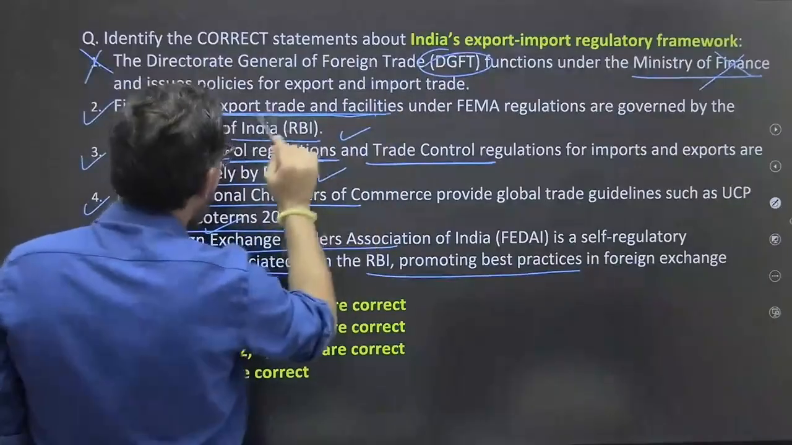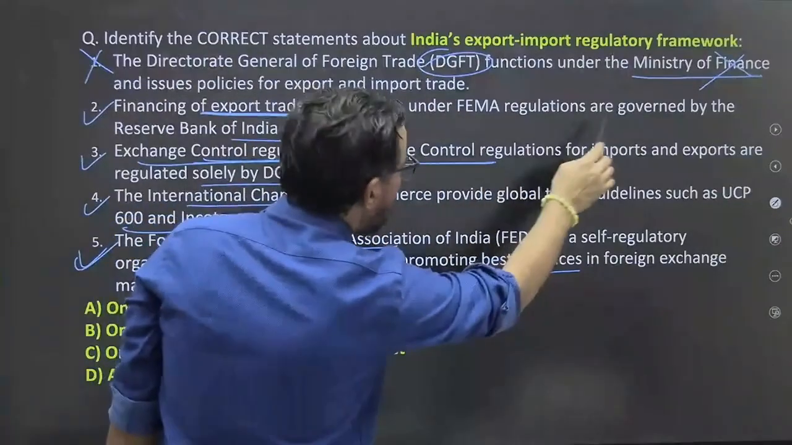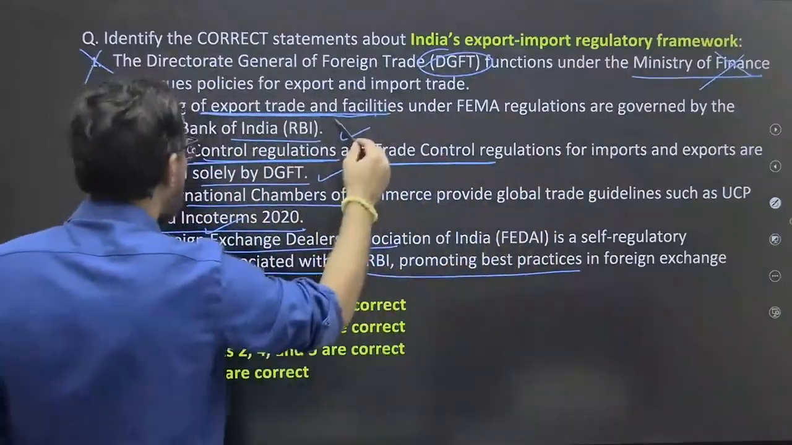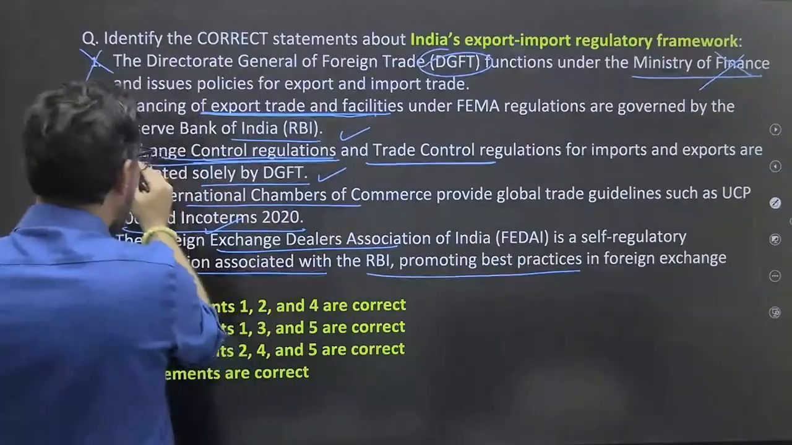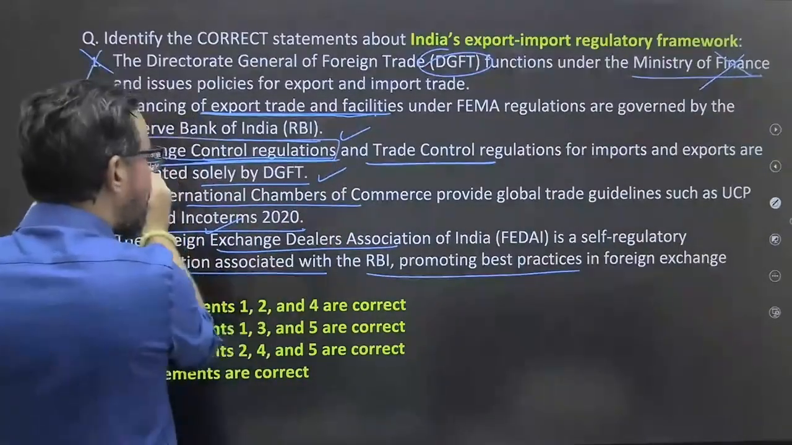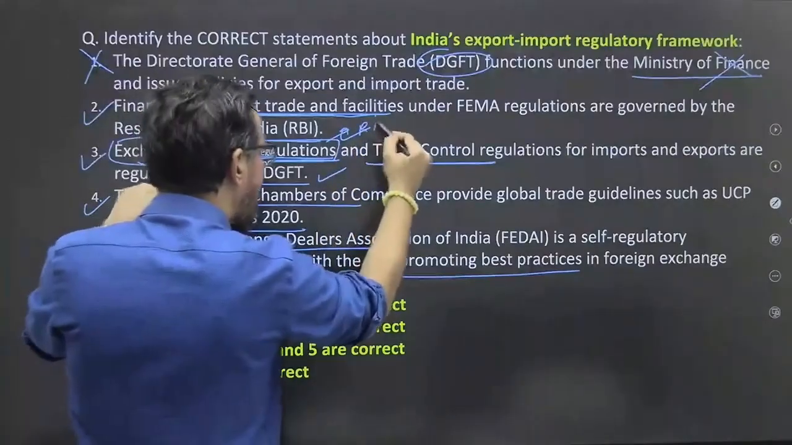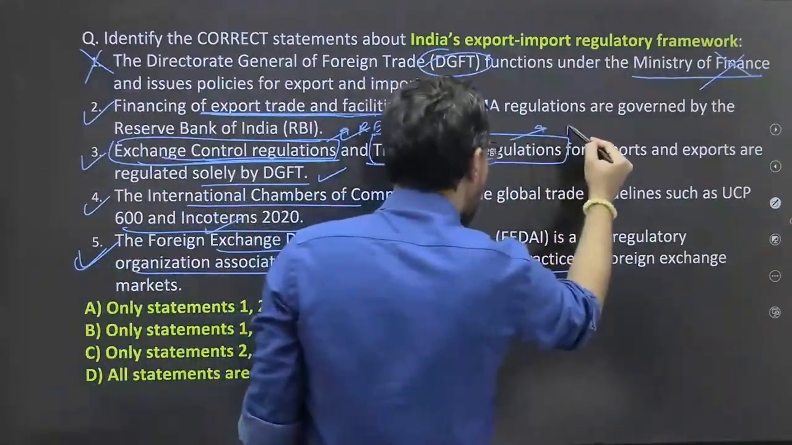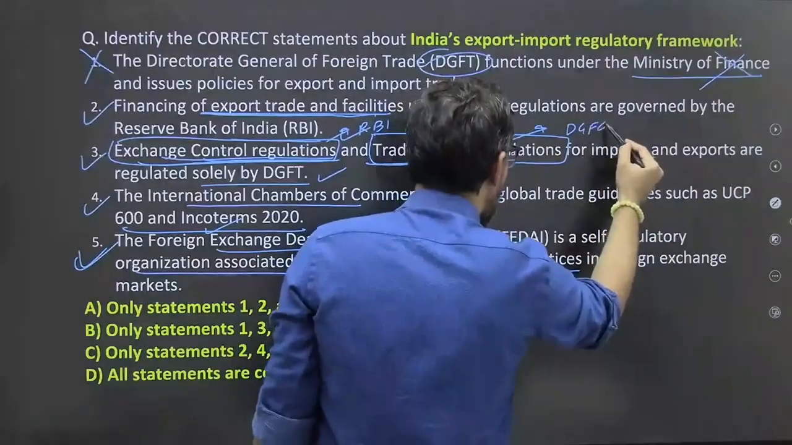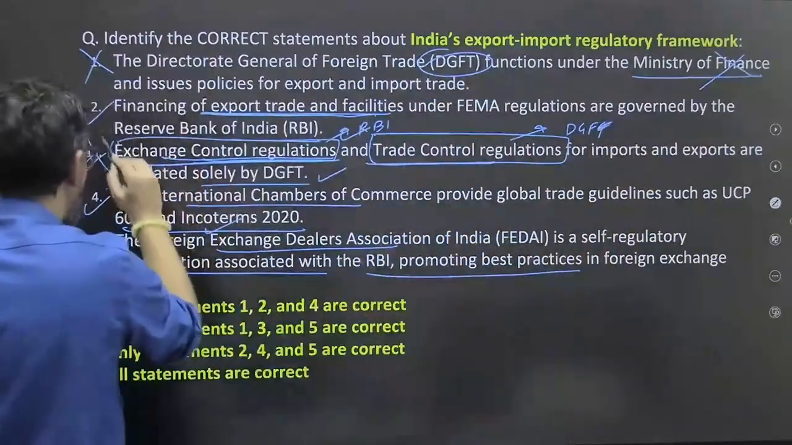ये तो 100% गलत है। एक्सपोर्ट फैसिलिटेट द गवर्न बाय द रिजर्व बैंक ऑफ इंडिया, दिस इज टू एक्सचेंज कंट्रोल, अच्छा ओके, हाँ ये स्टेटमेंट गलत है। एक्सचेंज कंट्रोल रेगुलेशन बाय आरबीआई, ये होना चाहिए था आरबीआई। एंड ट्रेड कंट्रोल रेगुलेशन आपका डीजीएफटी, ठीक है, डीजीएफटी, ये आपका होना चाहिए था। यस, दिस स्टेटमेंट इज ऑल्सो रॉन्ग, सॉरी।